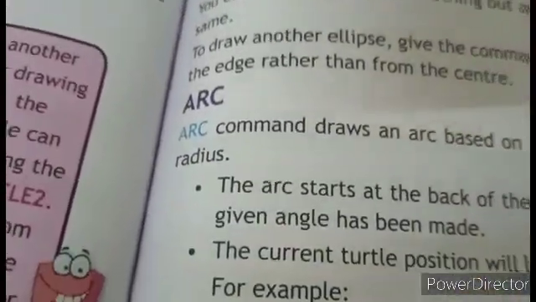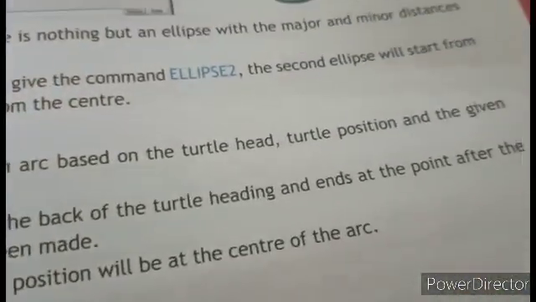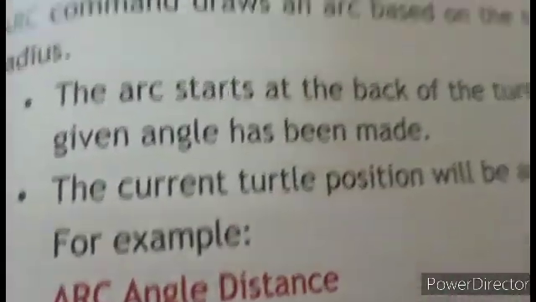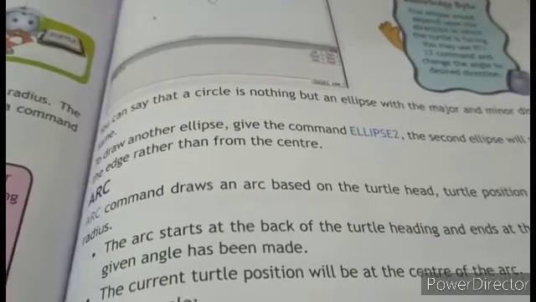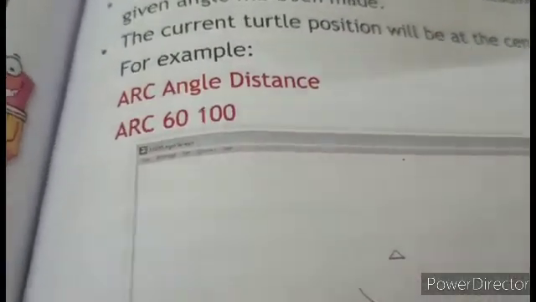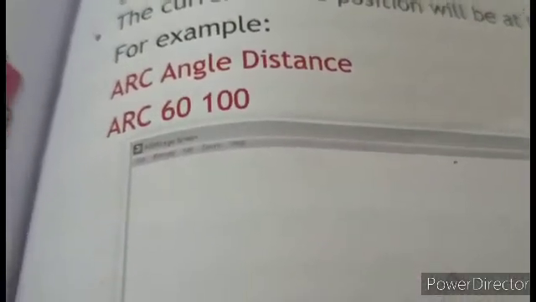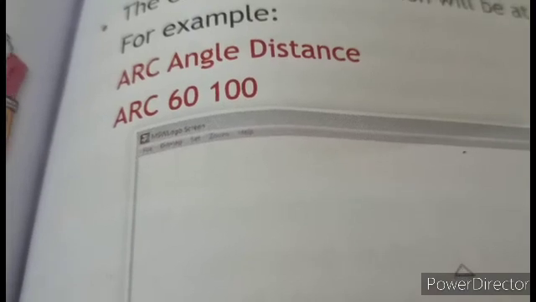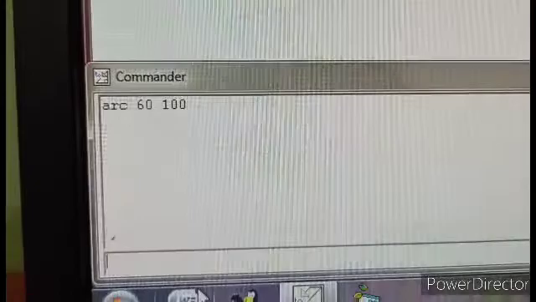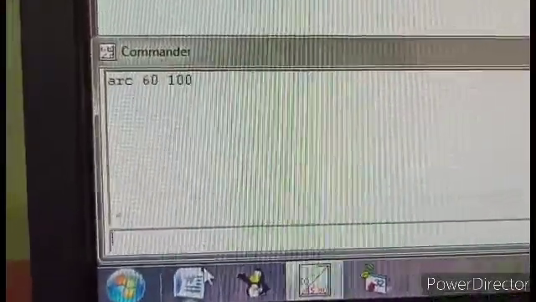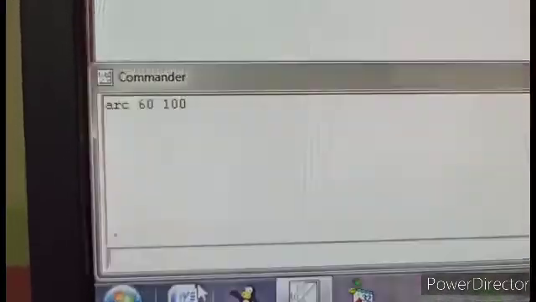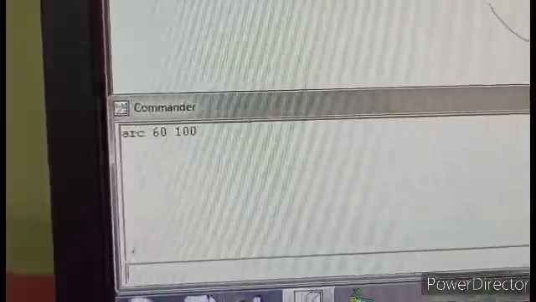Next is the arc command, ARC. This command draws an arc based on the turtle heading, turtle position and the given radius. For example, if you give ARC angle and distance, I have written the same there. 60 means the angle of the arc, and 100 means the distance between the turtle and the arc.